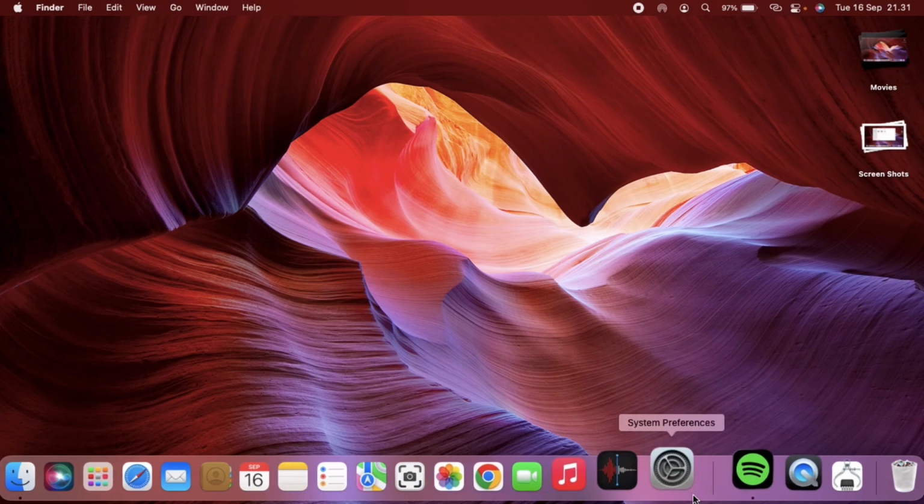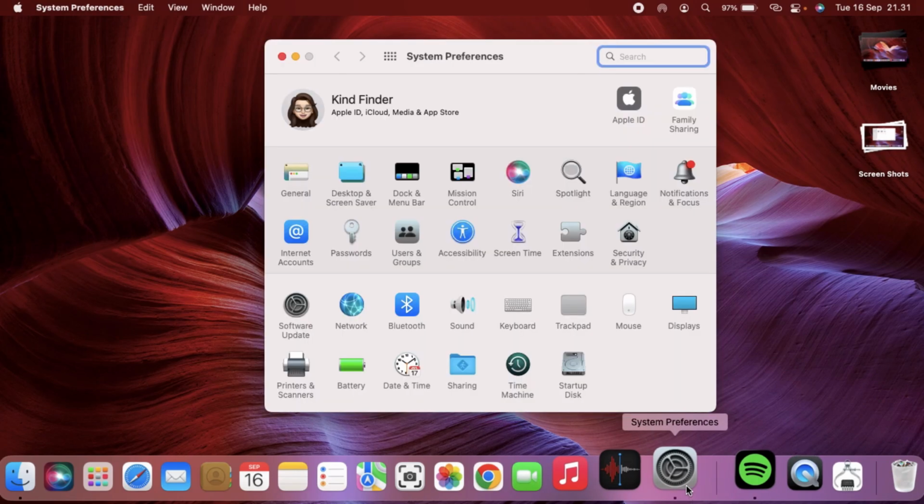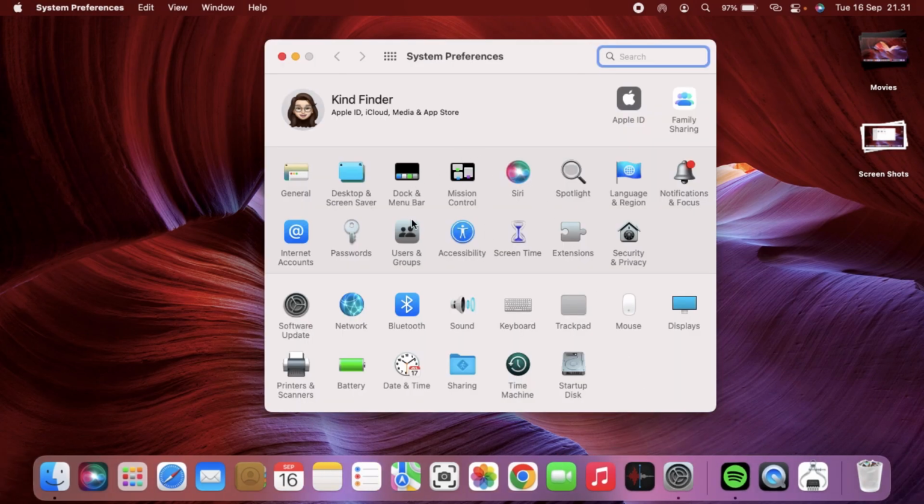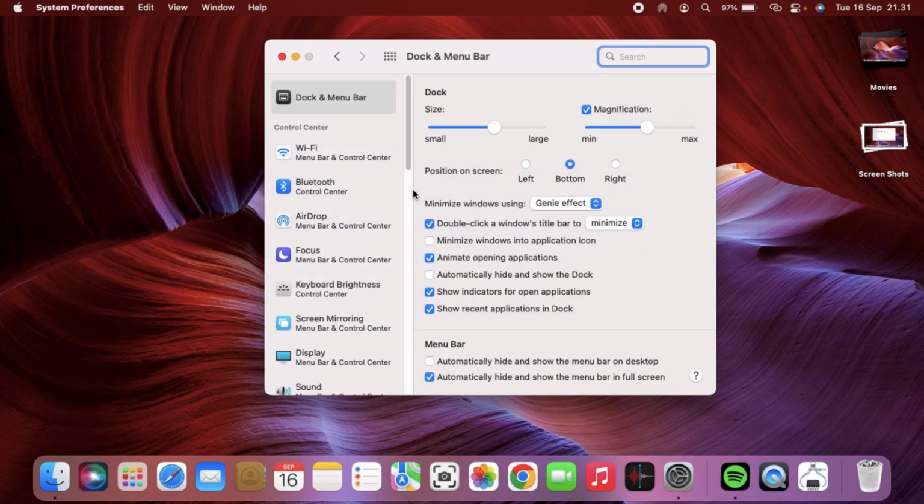So you can go to your System Preferences in your MacBook, and then you can go to Dock and Menu Bar. You can select on that, and in here on the Dock and Menu Bar section, here's for your dock settings. Maybe if you want to change your dock, and here for menu bar, automatically hide and show the menu bar on desktop,